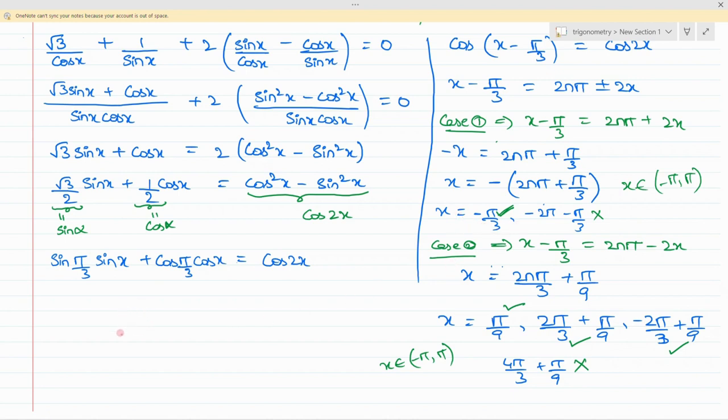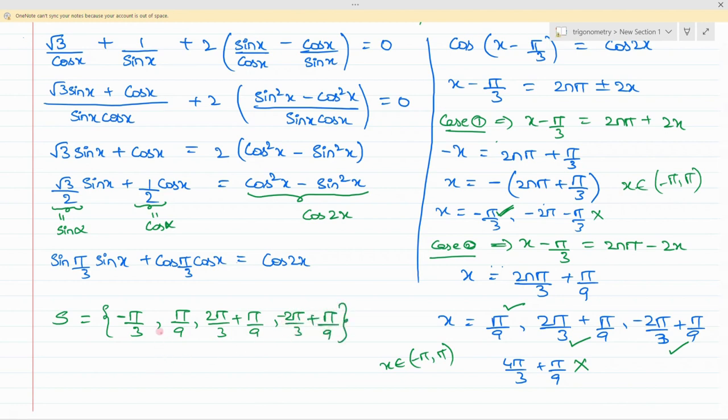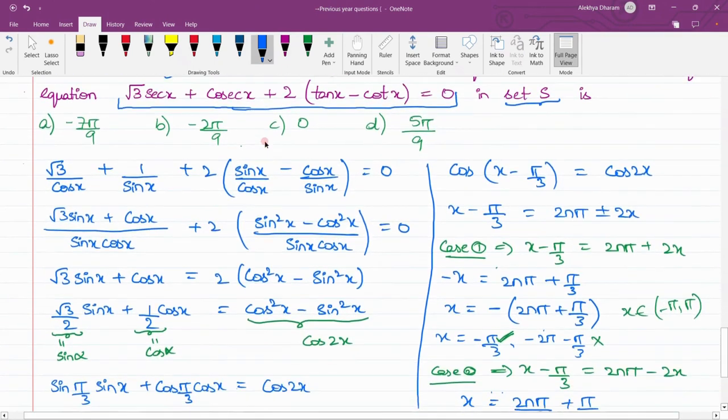But they didn't ask you the number of solutions. They told we need to find the sum of all solutions of set S. So set S is nothing but all the solutions of x which satisfy the equation. So it becomes minus pi by 3 from case 1, and pi by 9, 2 pi by 3 plus pi by 9, minus 2 pi by 3 plus pi by 9. These are the three solutions from case 2. So if we add all these values, the sum of set S will be 0. So the required answer to this question is